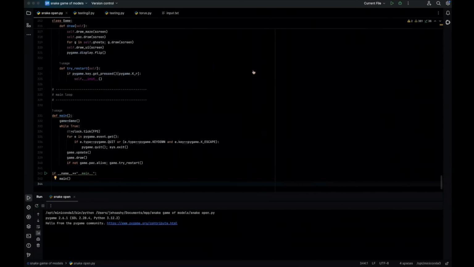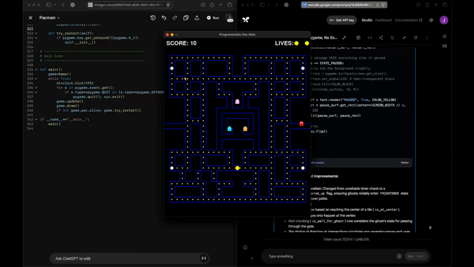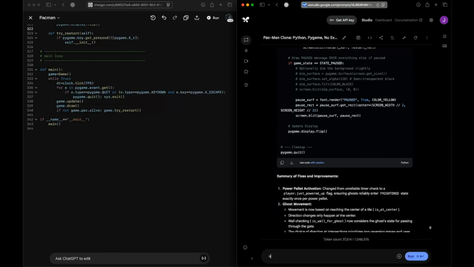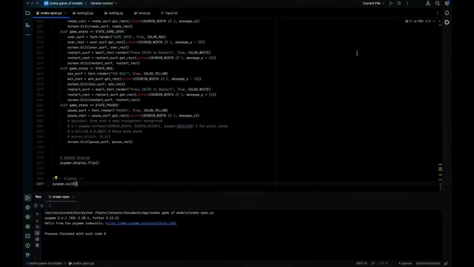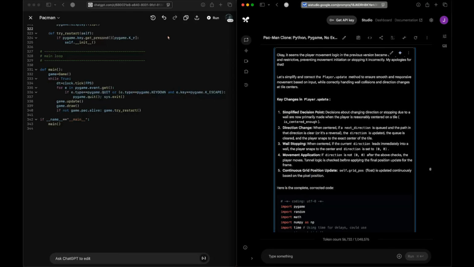Let's copy the code and let's paste it and let's run it. Okay, ready. So comparatively that looks way awesome, but I'm not able to move. So let's mention this. We've got the code, guys. Let's paste this in the IDE and let's run it. So clearly I'm not able to move, guys. I'm trying to move, but there is no way for me to move. So I have to say that comparatively OpenAI O3 was better in this one, although both didn't give us a